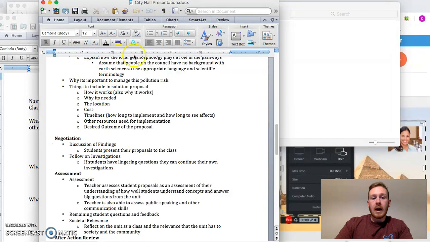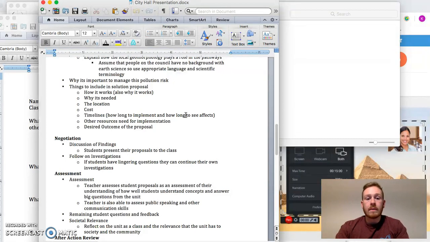Some big things that I thought students should go over is why it's important to manage the pollution risk. The things that they should include is how does their management solution work? Also, why does it work? Why is it needed? The location of where they try and put it, if it's an actual physical thing, or the areas that would be affected by it if they enact it, the cost of implementing it, and then timelines